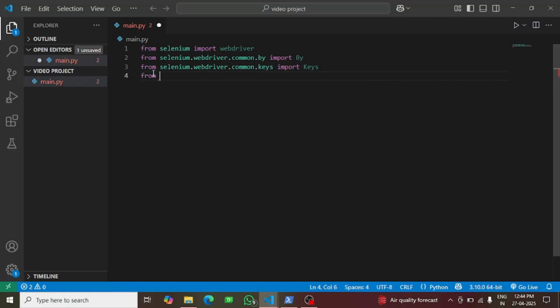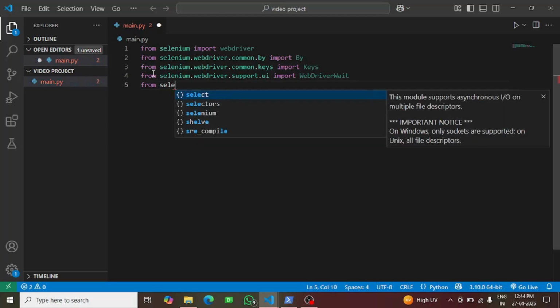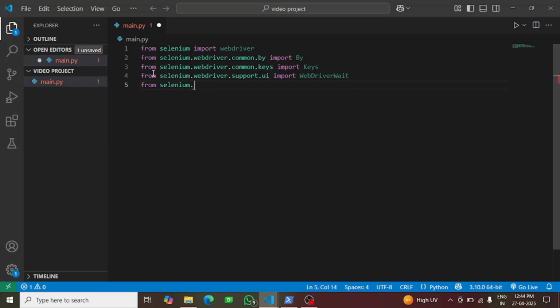WebDriverWait. So from selenium.webdriver.support.ui we'll import WebDriverWait, and we'll also import expected conditions. Okay, so from selenium.webdriver.support we'll import expected conditions as EC,